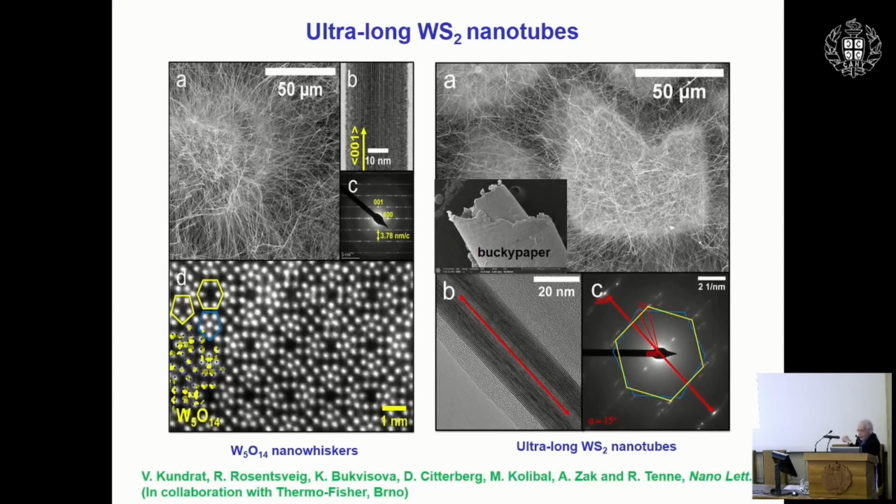Here is an example of a recent paper that was published by us. This was a work of Wojciech Kundrat, who is now a PI in Masaryk University in Brno. And while he was a postdoc with me, he developed a synthesis to produce nanotubes which are as long as 0.5 millimeter or close to a millimeter. Tungsten disulfide, which is the first time we get nanotubes of this length systematically. And you see these nanotubes, how perfect they are in terms of their structure.